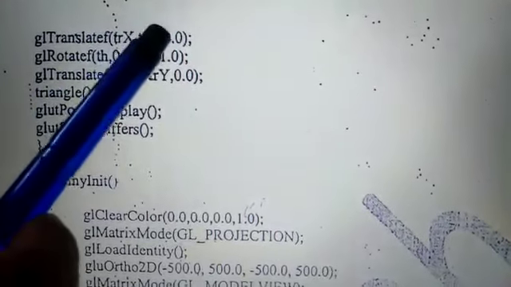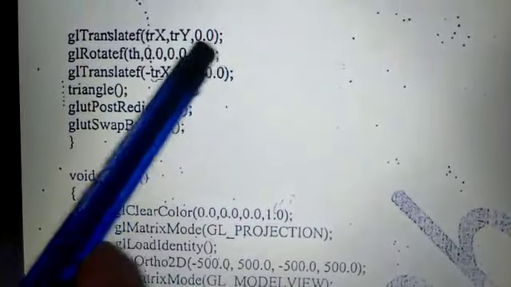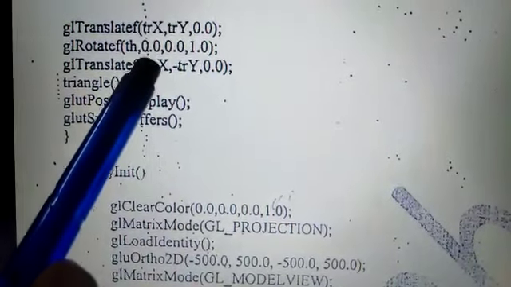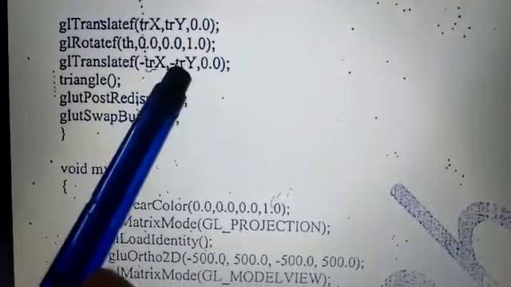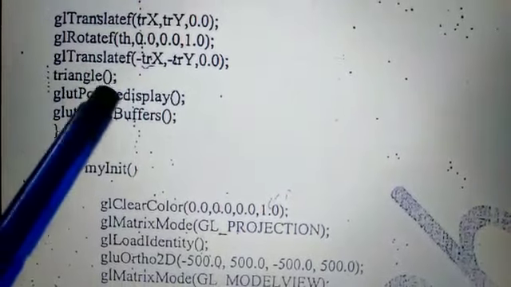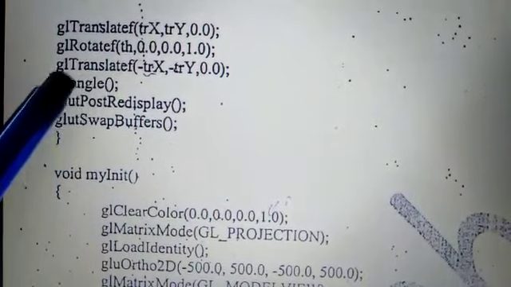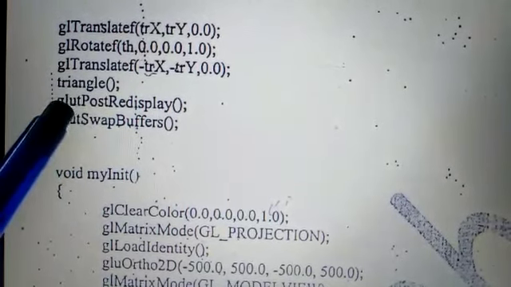This goes on with three kinds of transformations. First is the translation of that object with respect to x, y and z. Z we are taking as 0 only. Then we are rotating with respect to some theta value and x and y value. Then we are once again translating it back after rotation with respect to minus translation of x coordinate, minus translation of y coordinate, and 0 of z. Which object are we translating? We are translating the object triangle, which we have already seen, where we have provided color and other features to this triangle object. Then glutPostRedisplay.